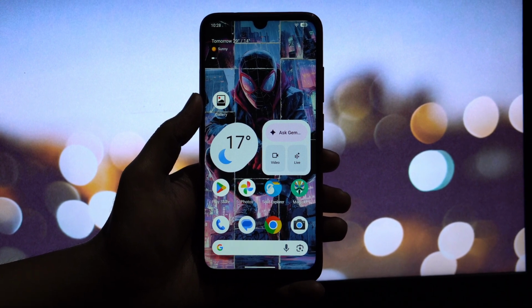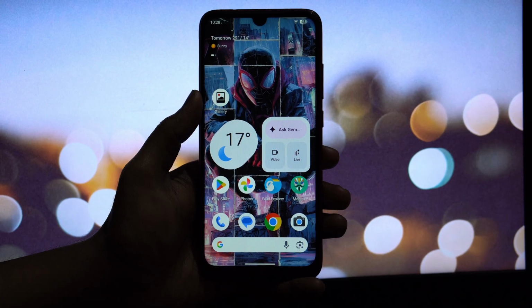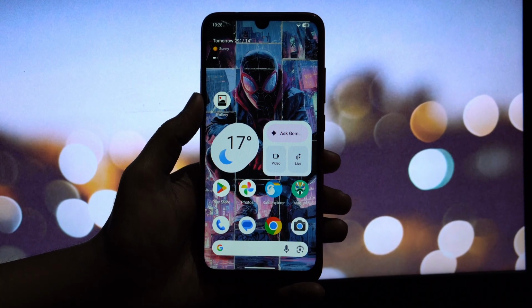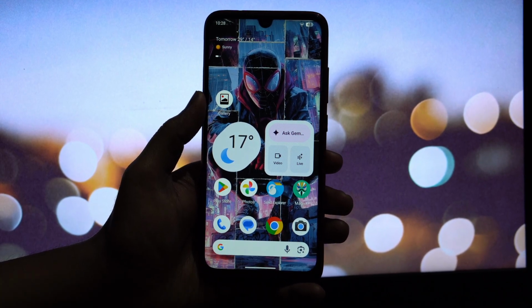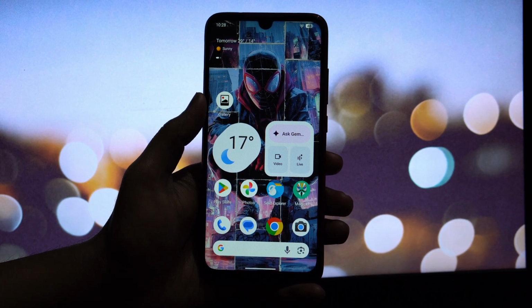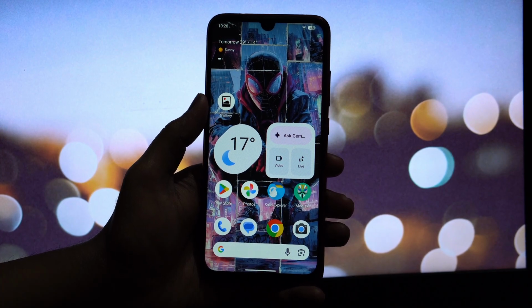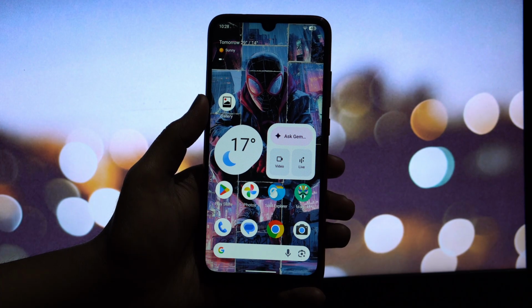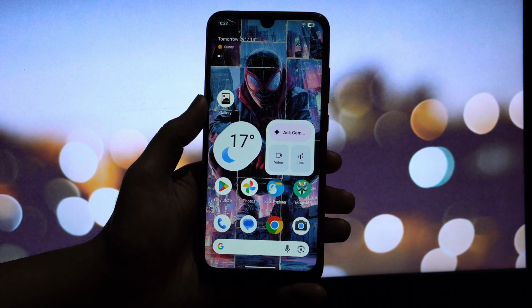Today we are doing something special for all the customization lovers out there. If you've been following the latest leaks and updates, you know that the Nothing OS 4.0 UI changes are looking incredibly clean, minimalist, fast, and distraction-free. But you don't need a Nothing phone to get that look. In this video, I'm going to show you how to install a Nothing-style gallery app on any phone running Android